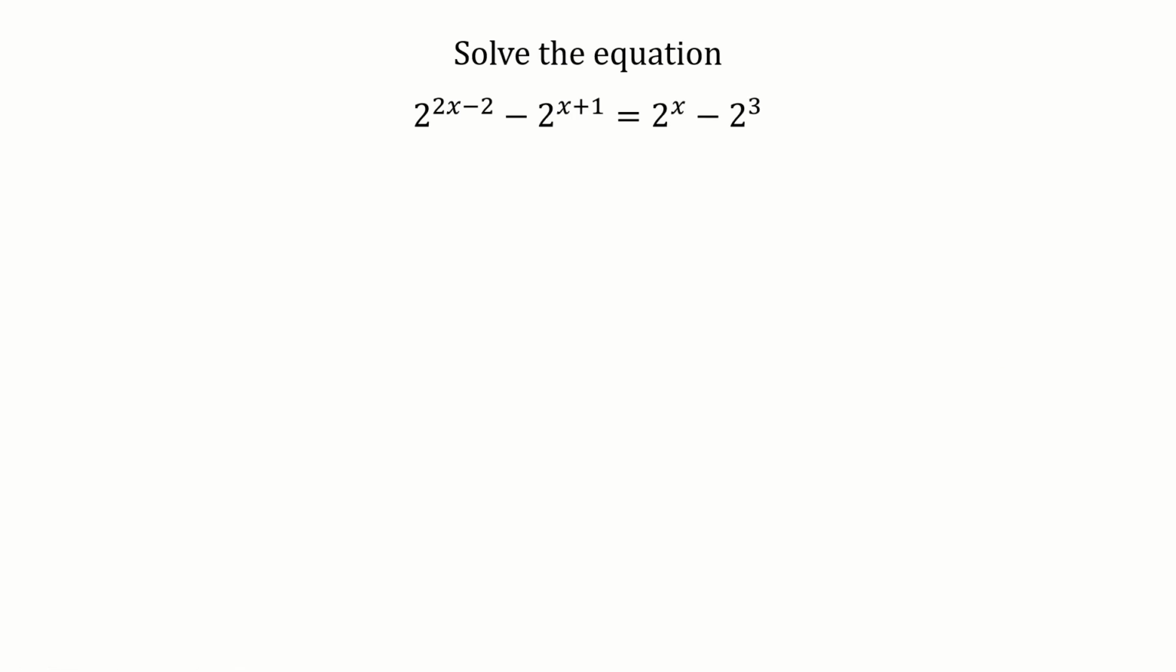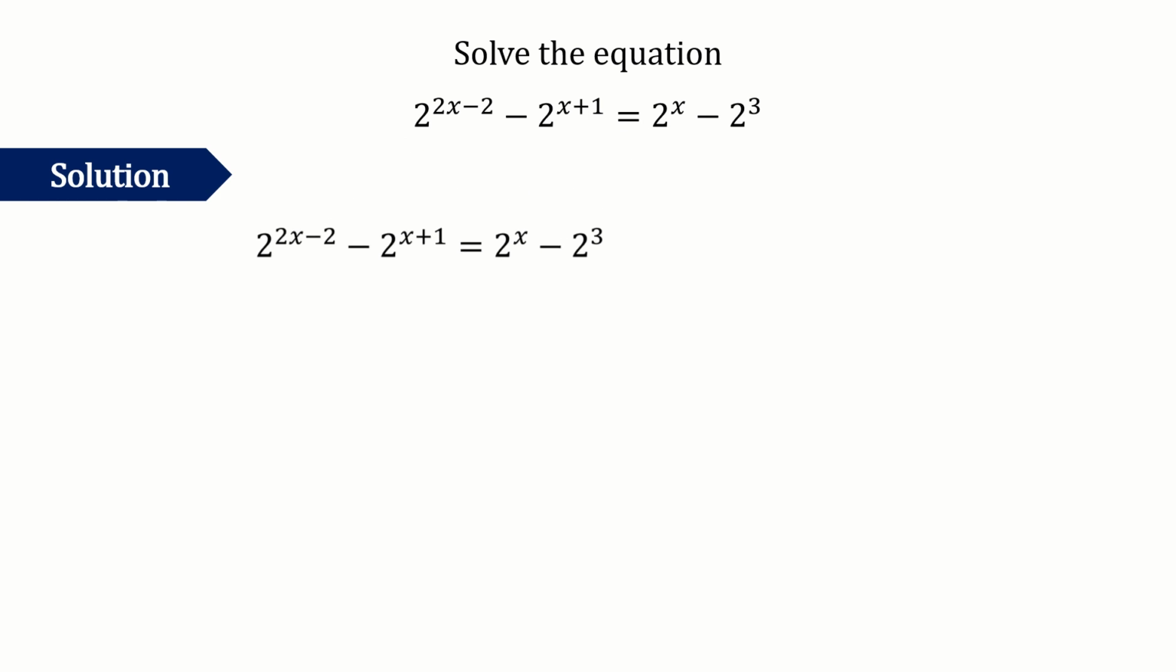Okay, solve the equation 2 to the power of 2x minus 2, minus 2 to the power of x plus 1, is equal to 2 to the power of x minus 2 to the power of 3. So this is an equation of indices. Alright, so to solve this question, first we're going to apply the rule